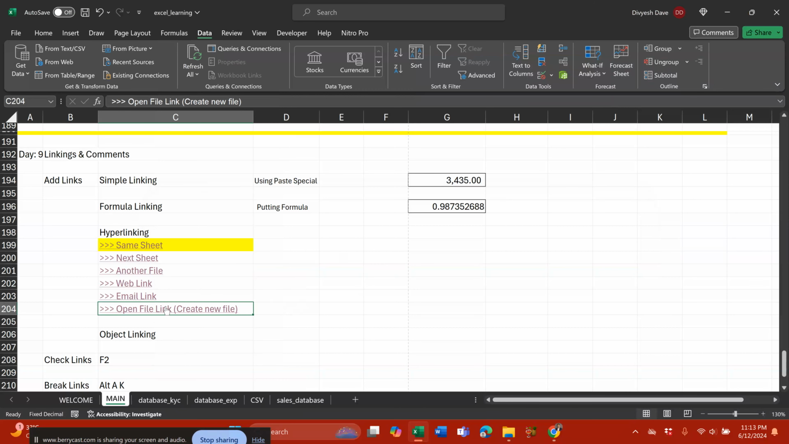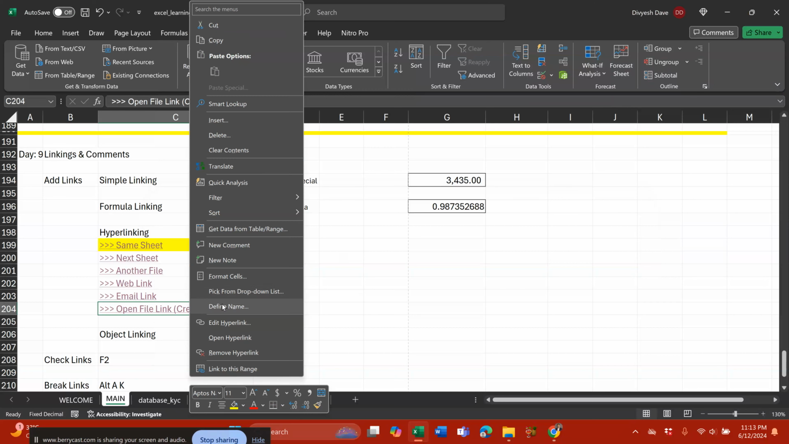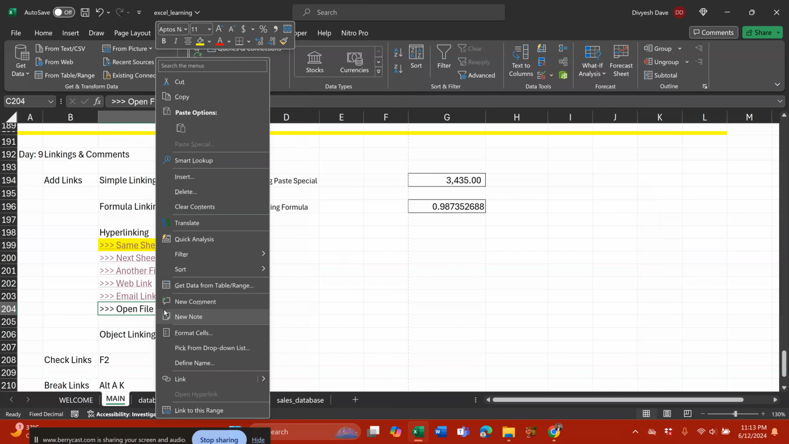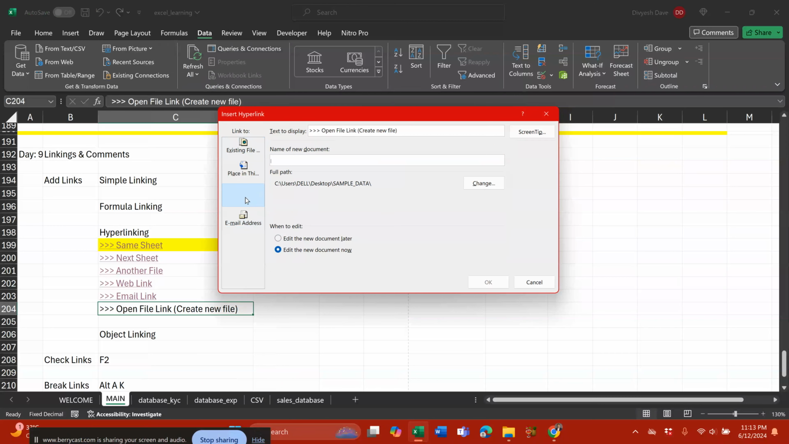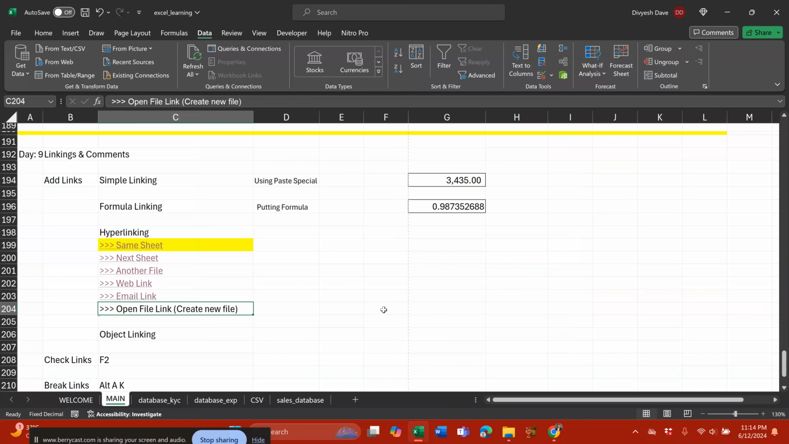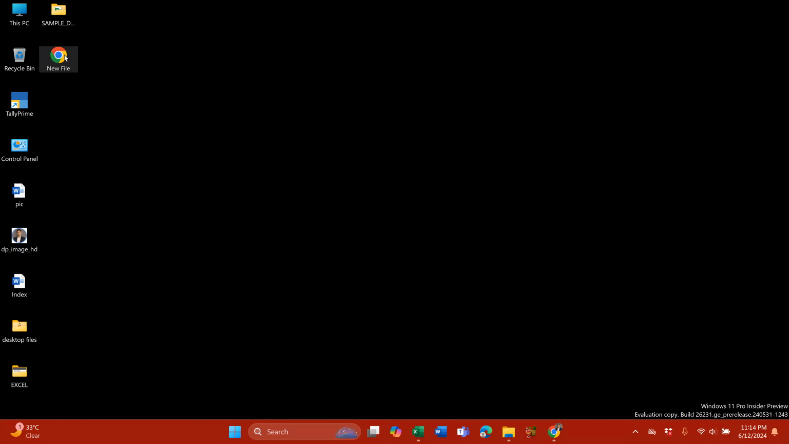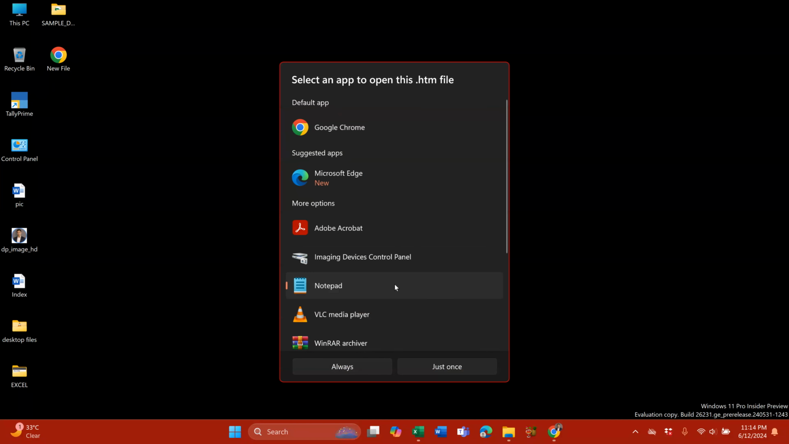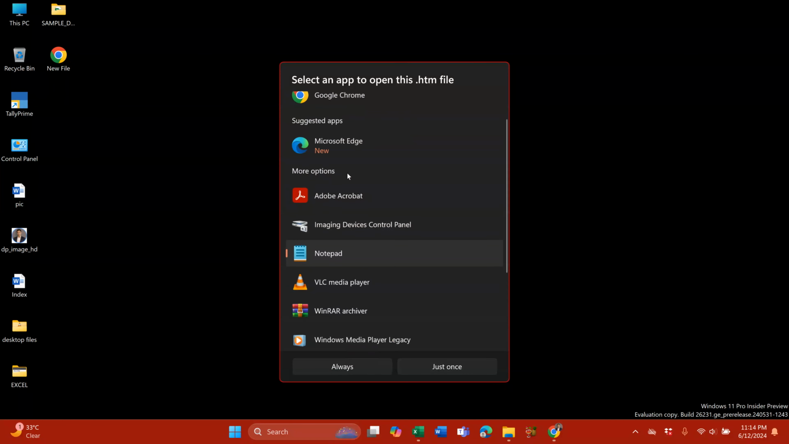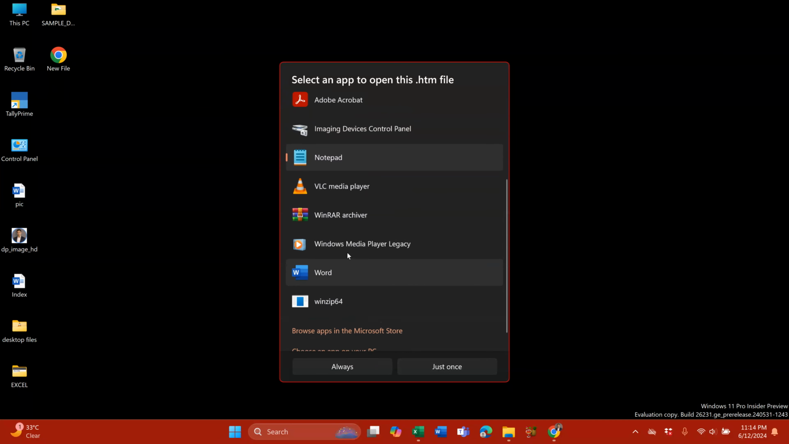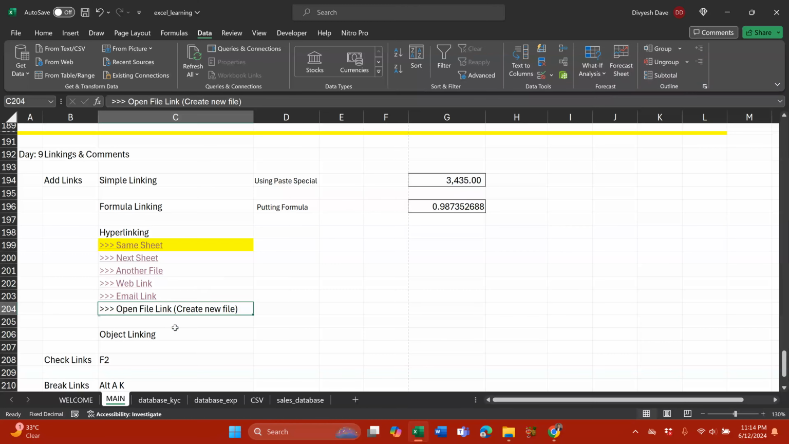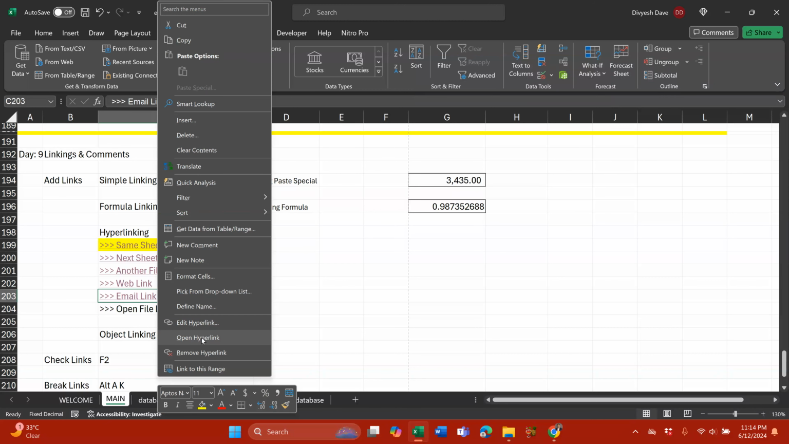I think I already have some error here. Anyways, remove it. You can add the new link, create new file, and edit the document now, edit the document later. So it has already created the sheet, let's say new file, but it is created. I am having some technical issue because it's not showing the default Excel file. Maybe because of that. Anyways, so you can add the link, and you can open the link,